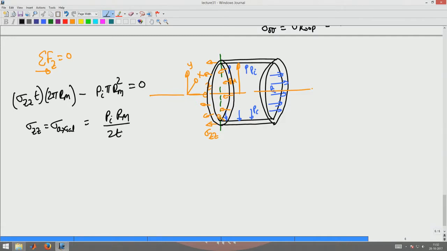The external pressure can, or need not, cause an actual stress. That depends upon the arrangement of the vessel and so on. So, that is why we did not consider the external pressure P to produce any axial stress, because in general it will not cause an actual stress. So, sigma axial now is half of the hoop stress.